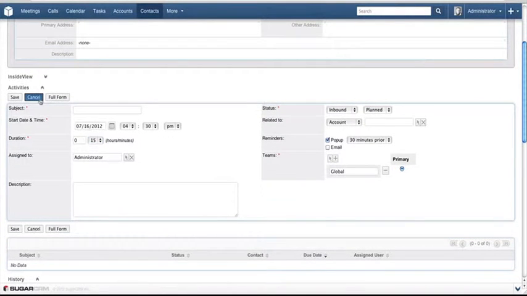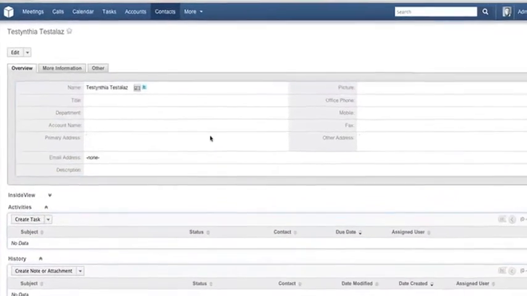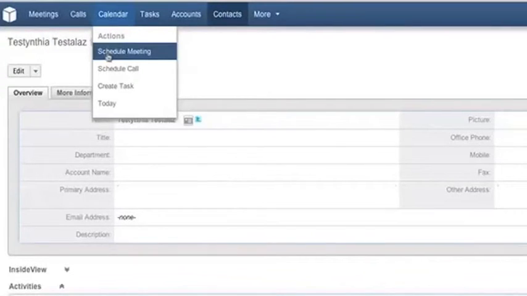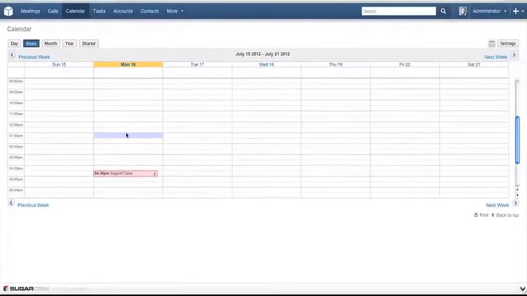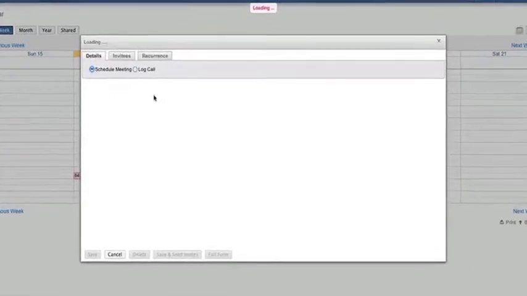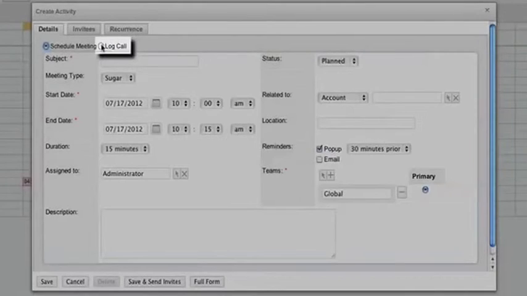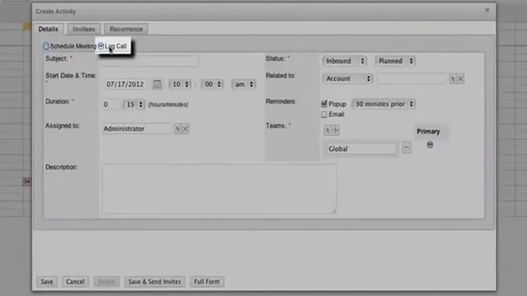Let's go ahead and cancel out of this and show one more place where we can make a call. So let's go to our calendar, and we can just click directly on the calendar. So this makes a little bit more sense for when you're planning calls out, not necessarily taking incoming calls. Maybe you know that you told the caller that you'd call him back tomorrow at 10 a.m. So you just click on the calendar where the time that you want it to occur, and